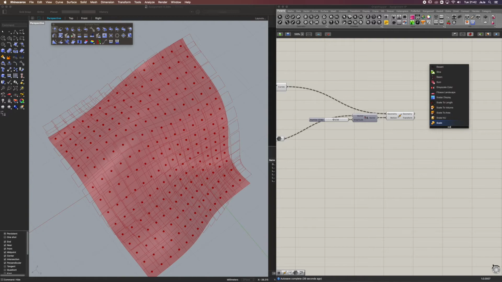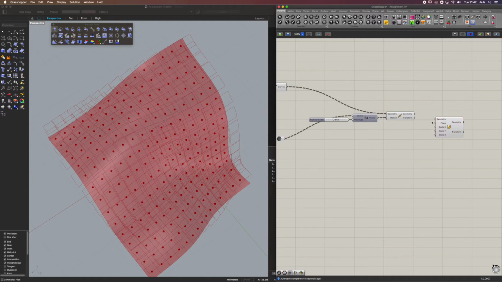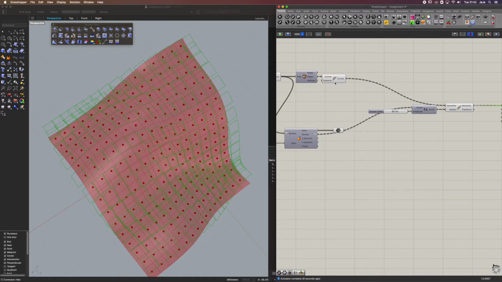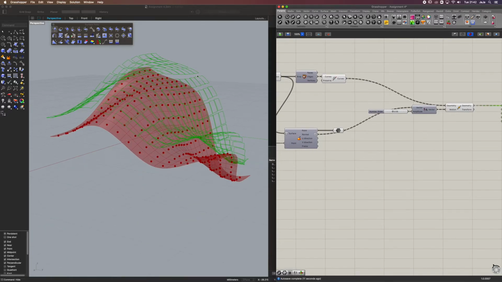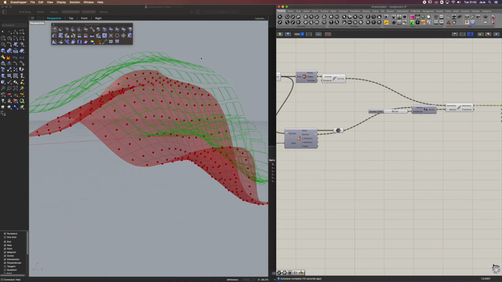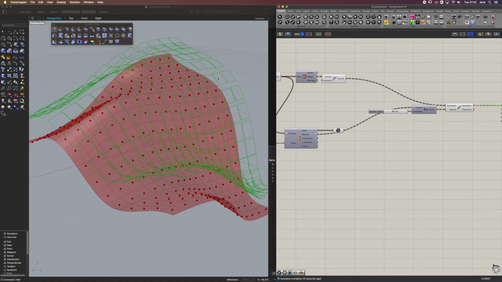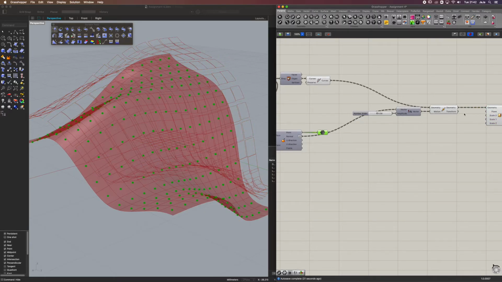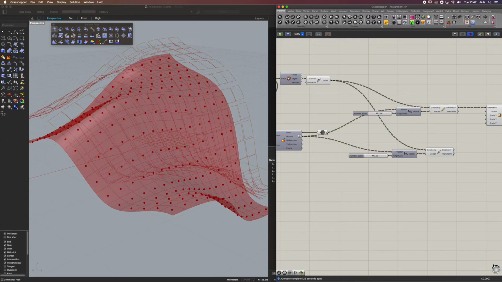So I give the geometry here, and the plane here represents that reference point. I want to make sure that reference point is exactly the center point of these polylines that are moved. So I think the best way is to move the points again,